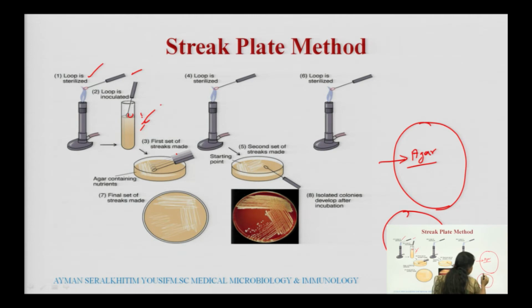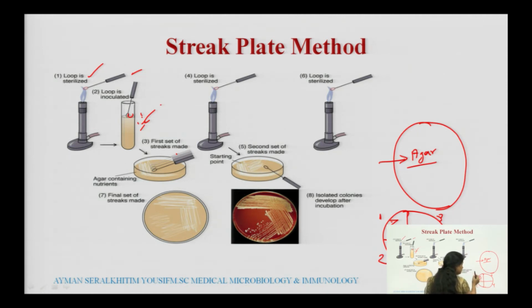First of all, we need to divide that Petri plate into various sections. The sections we can make as 1, 2, 3, 4. In the first section, what we will do is streak the loop, which was containing a number of microorganisms, the mixed culture, and we will move the loop like this. Now, what we are doing is trying to spread the culture which was containing a number of microorganisms. By this technique we are trying to spread that culture onto the plate.